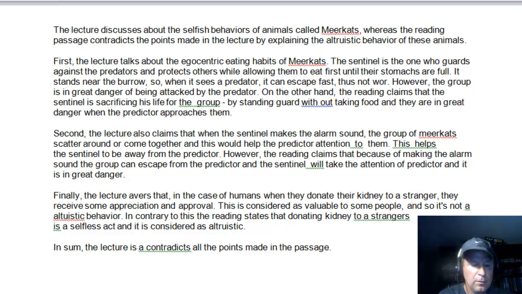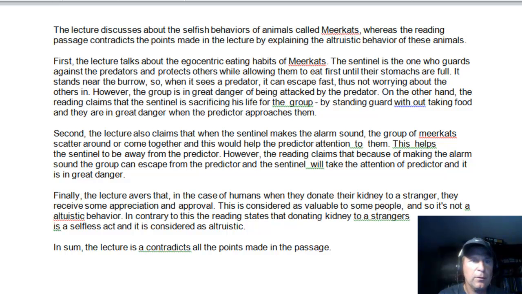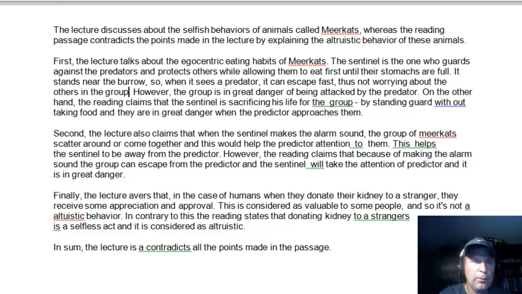Thus not worrying about the others in the group. However, the group is in great danger of being attacked by the predator. On the other hand, the reading passage claims that the sentinel is sacrificing his life for the group by standing guard without taking food,